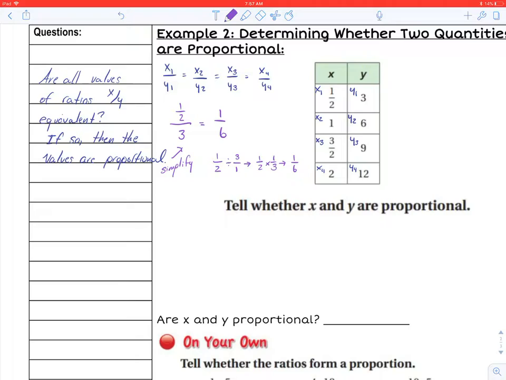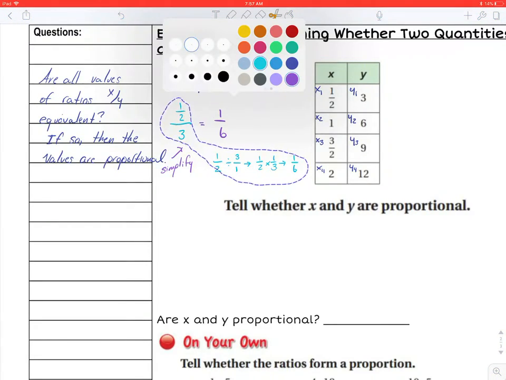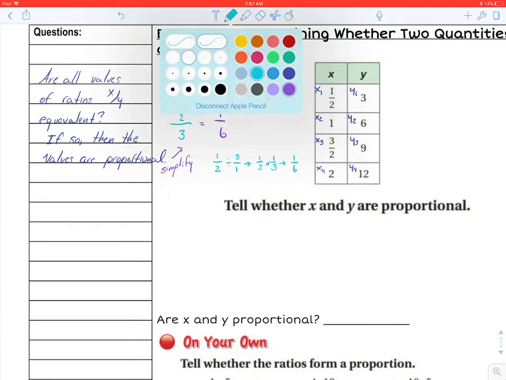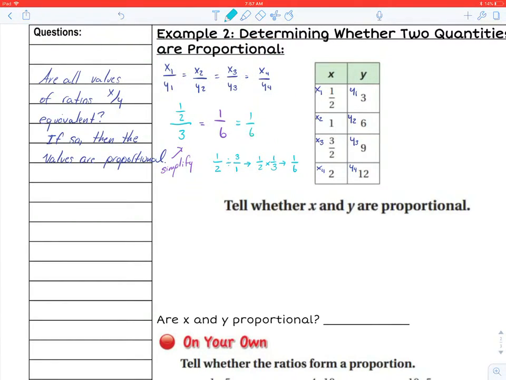So if 1/2 over 3 simplifies down to 1 over 6, then that must mean that those first two values hold a proportional relationship, because 1/6 is equal to 1/6. So that means that x1 over y1 and x2 over y2 are proportional. So now we just need to keep checking the other ones, x3 over y3 and then x4 over y4, to determine whether they are also proportional. And if they all are proportional,